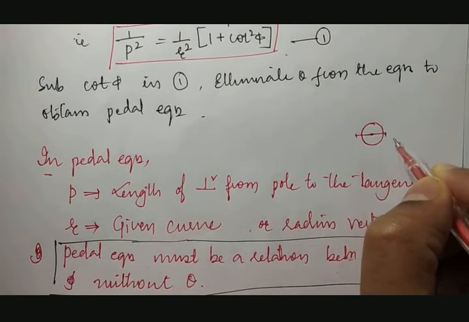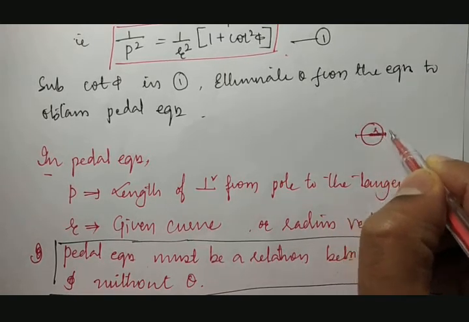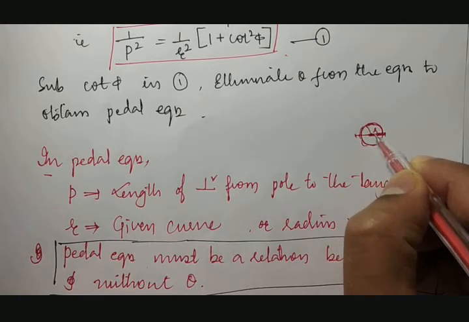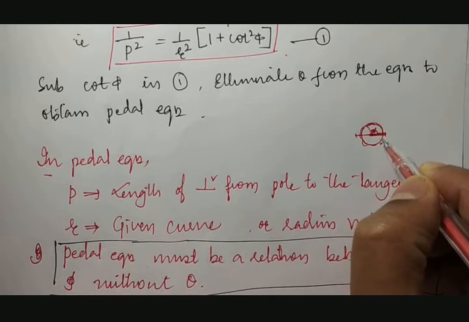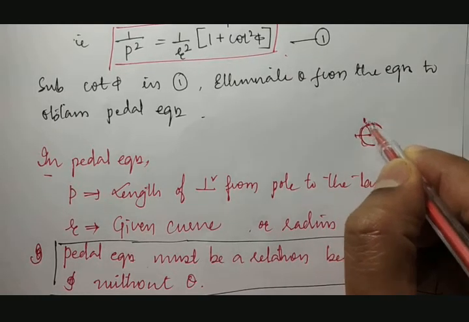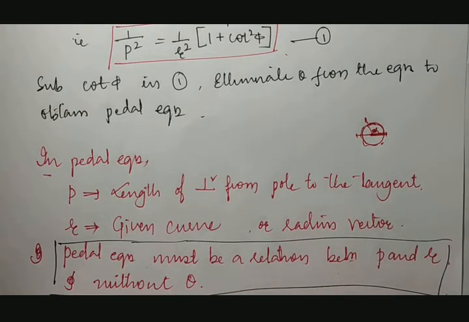Fine. So what happens here? Then you start pushing this. So this is nothing but radius vector R. Wherever it goes on any point, there it comes with the angle theta. So this theta has to be eliminated. Then wherever this distance comes, that is called as P, any point on this. Therefore, this pedalling of a bicycle will give you a pedal equation. So now we'll solve an example to understand this.